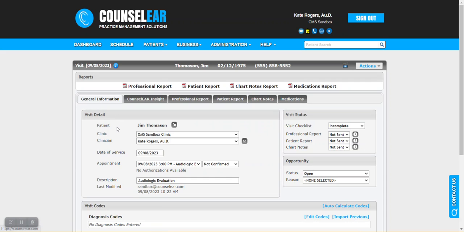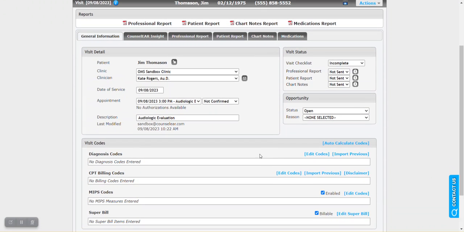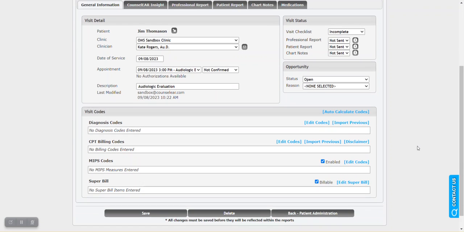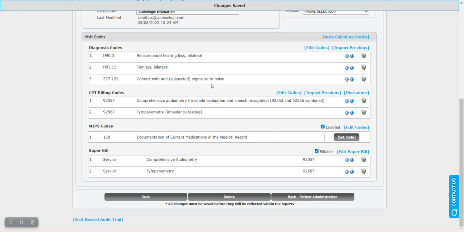Now, once the patient has stood up and they're walking up to the front desk, there comes a very important juncture here. We need to get information up to the front desk so they can take the next step. So as providers, you would click on Auto Calculate Codes. That will then cause CounselEAR to look across the entire encounter and say, okay, based on what we know, here are the applicable ICD-10 codes, CPT, MIPS if that applies to you, and then here's our